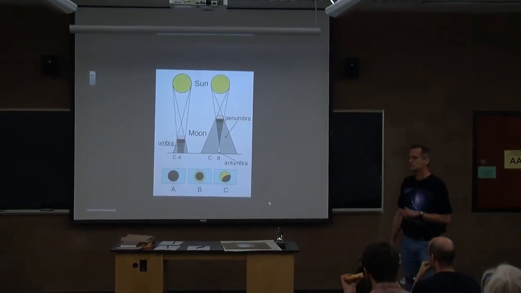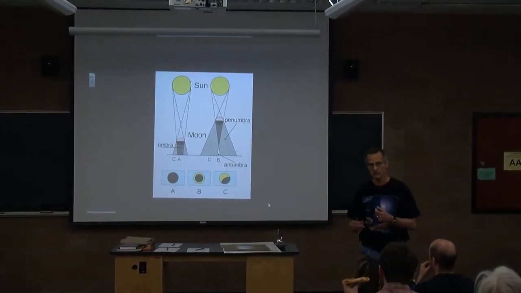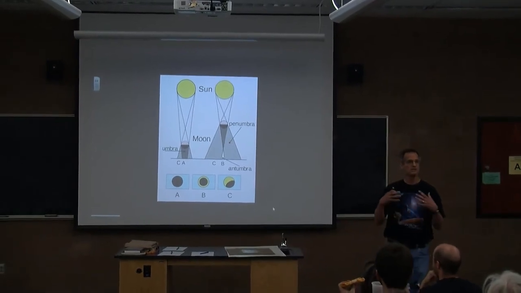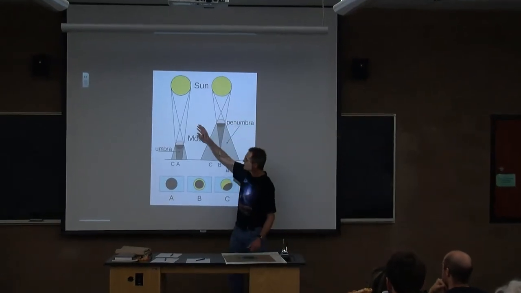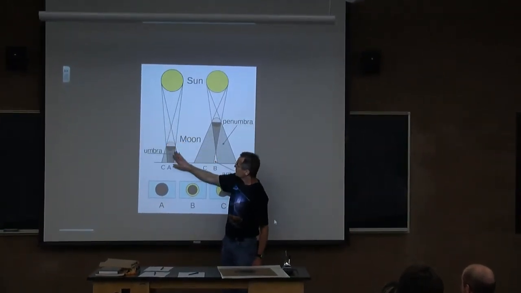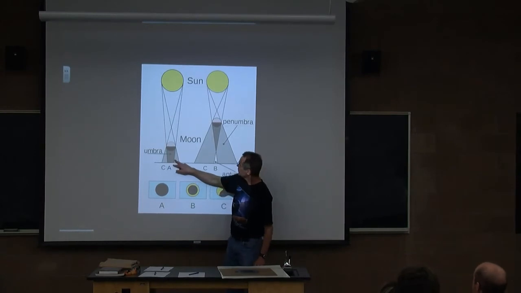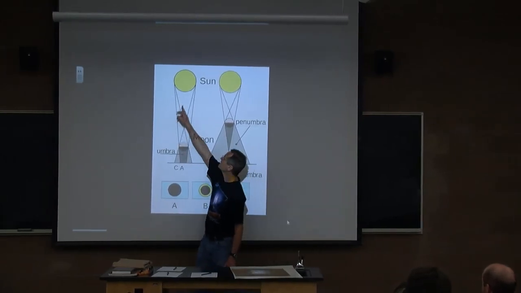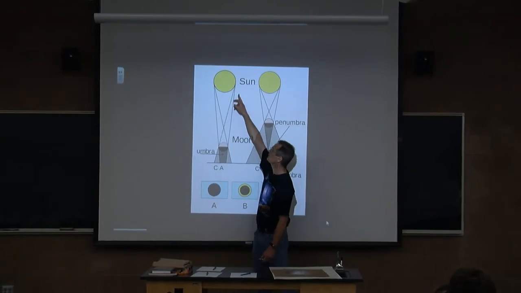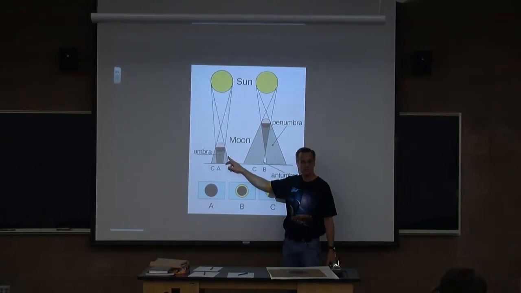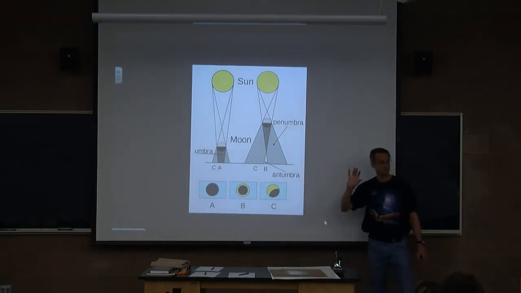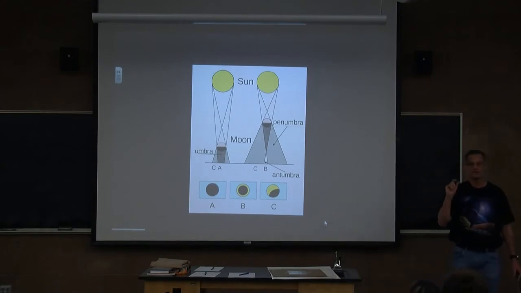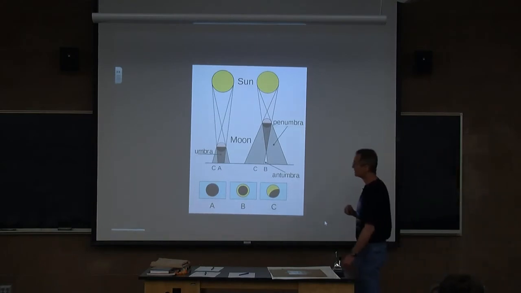So to understand what an eclipse is, you need to understand shadows. Now I'm talking about a solar eclipse, so we're going to look at the shadow of the moon. The Earth's shadow is very similar, though. The sun, being an extended object, shines light at the moon, but back here behind the moon, there are places like here where you don't see light coming from this side, but you can definitely see light coming from that side. So the entire sun's image is not blocked when you're here. This area is called the penumbra. The darkest part, where the entire sun is blocked from your view, is called the umbra, and that's the darkest part of the shadow of the moon.